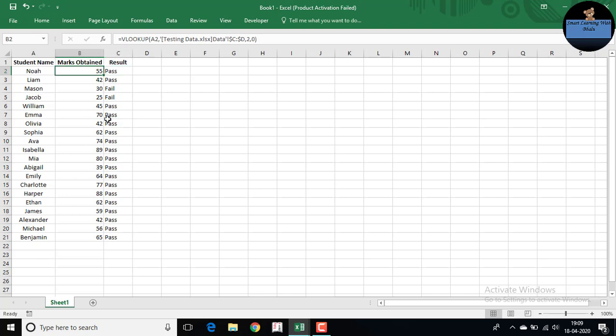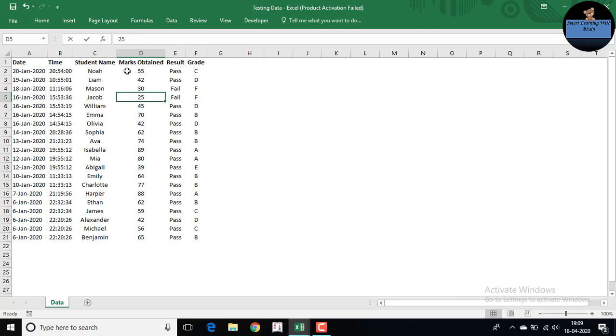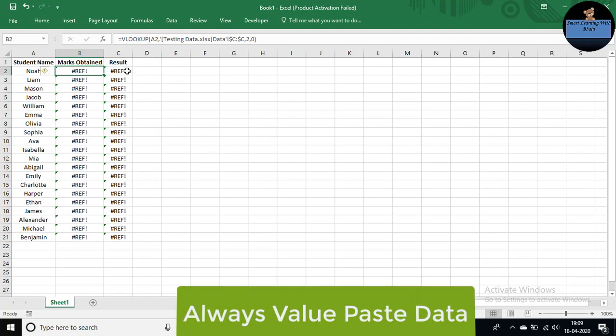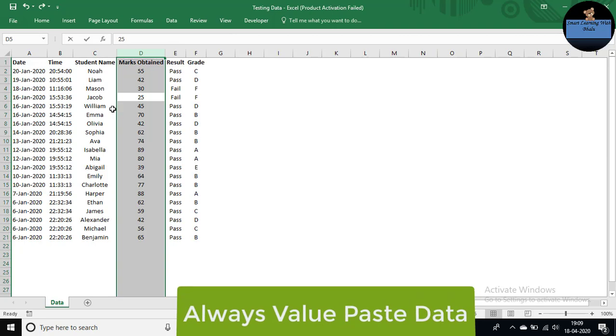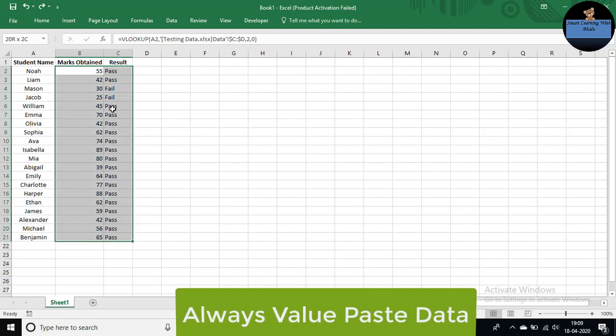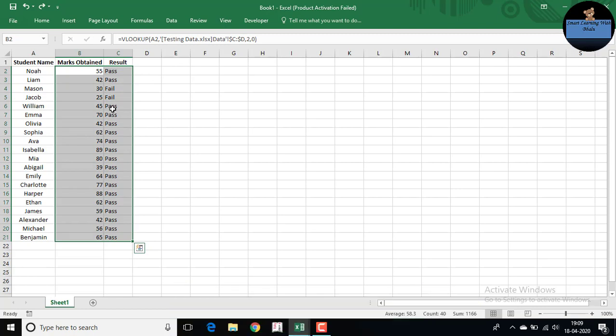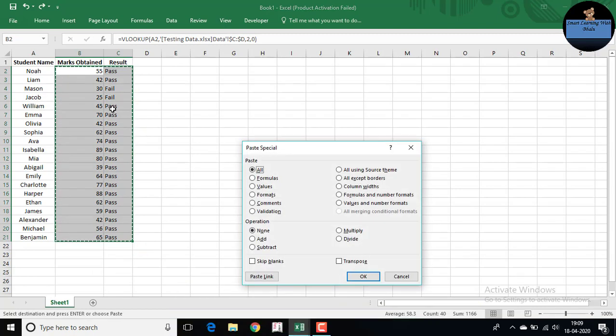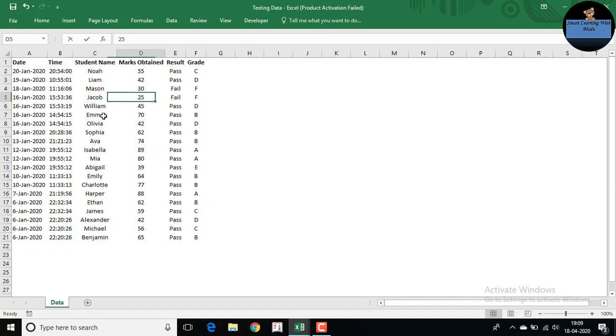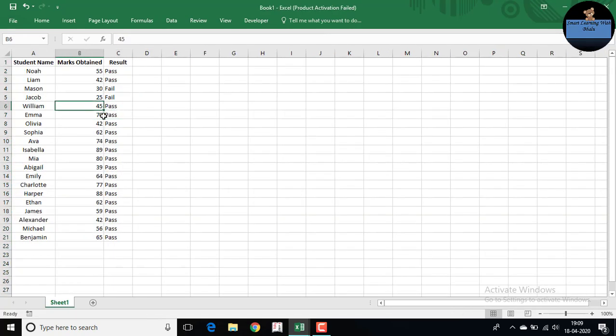Just don't forget, you can see that you get formulas here. If something gets disappeared or deleted from here, your formula will be affected. So always keep in mind, whenever you're pasting, paste it as values. You need to press Ctrl C and Ctrl Alt V, go to Values, and click OK. This will be value pasted. So in future, if the source is deleted, this won't be affected. This will be kept with you only. This will be secure for you.